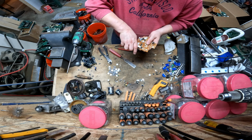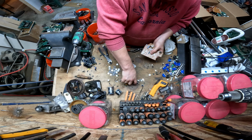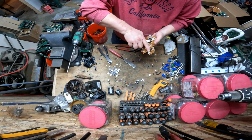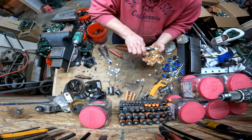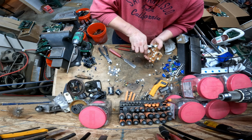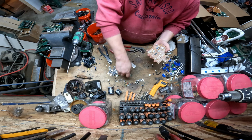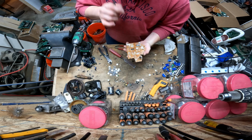Small transistor. Larger transistor. Those guys. More of those. The rest of that is resistors,